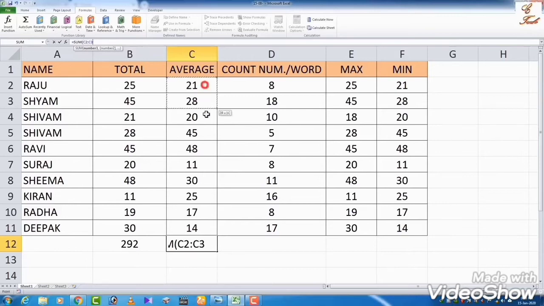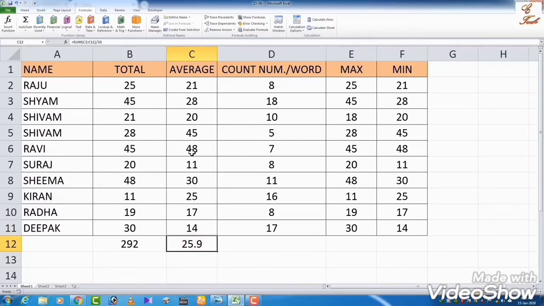It means here I selected the sum of all the values and divided by 10. Divided by 10, and when I press the enter button, the answer will automatically come, 25.9. That is the method to calculate the average.